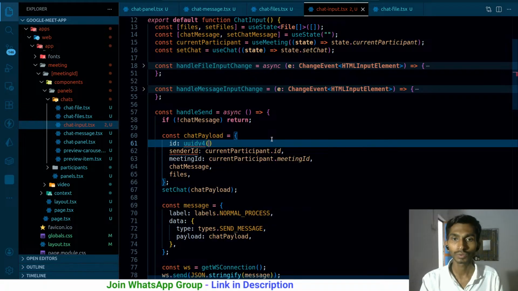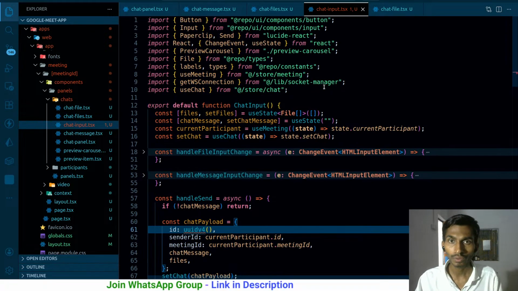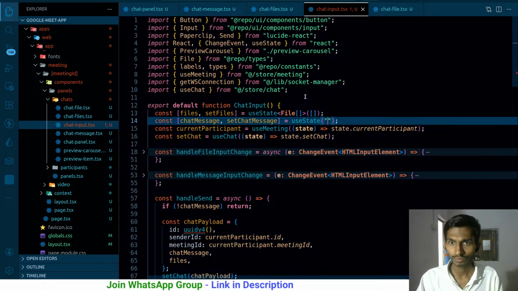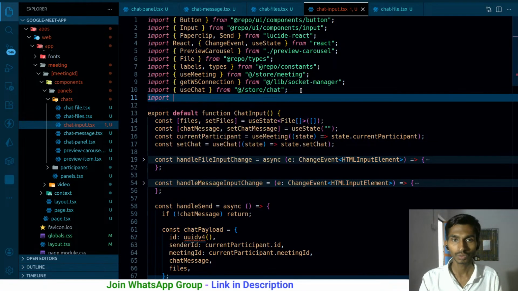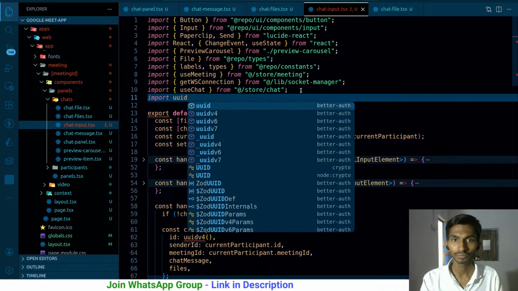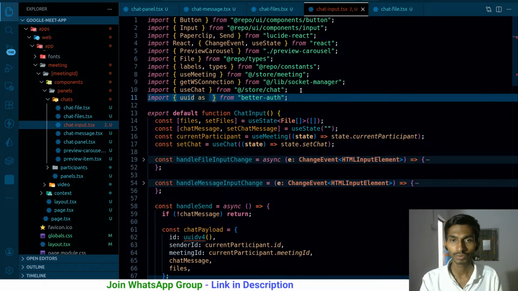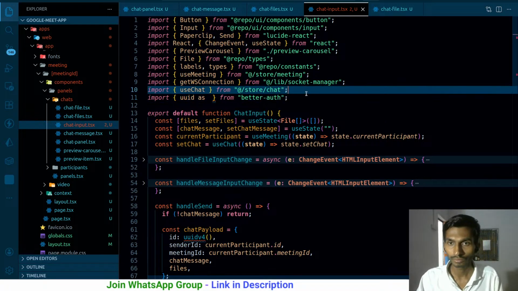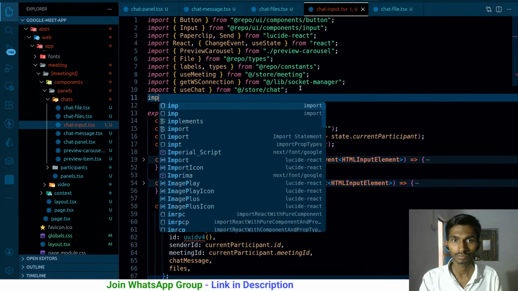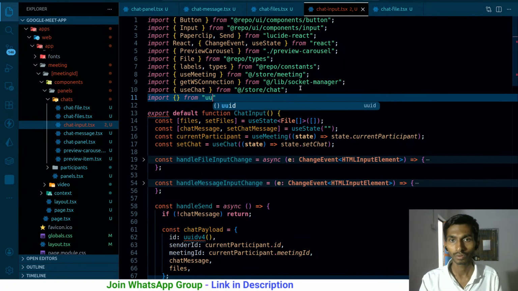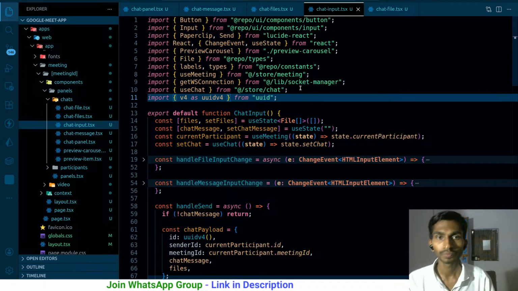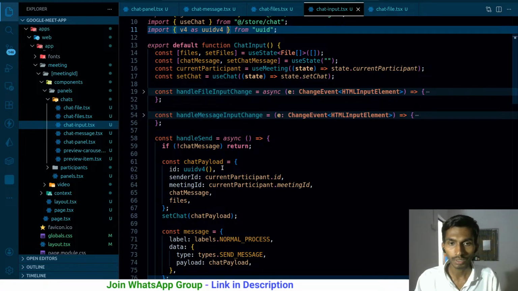UUID v4 should be doing the job. Turns out I don't really have UUID v4, and hopefully I have it installed. So import UUID as... okay. From here, what can I get? v4 as UUID v4. So this is how I will be going ahead, and once I have the ID here,